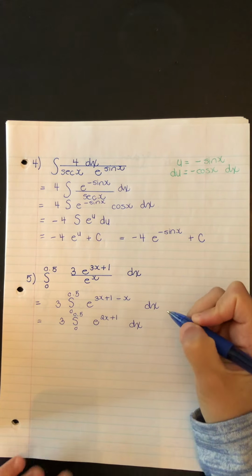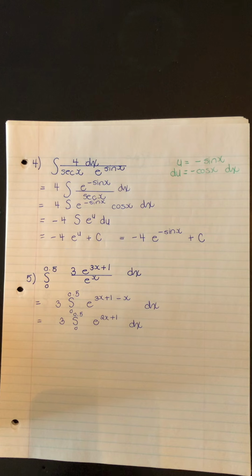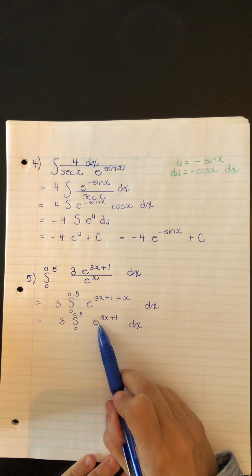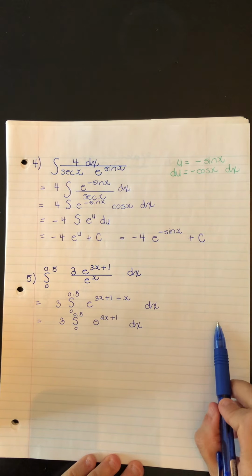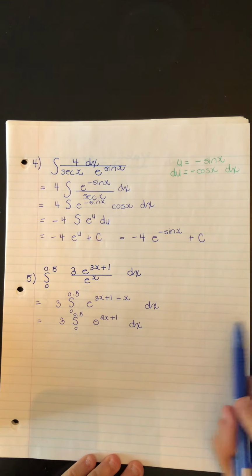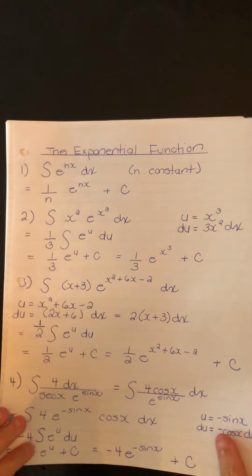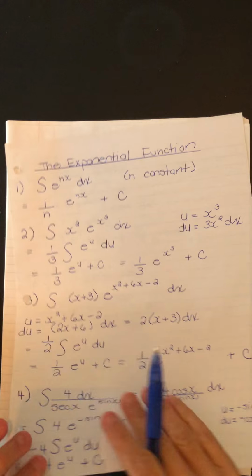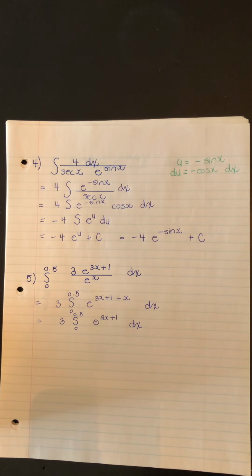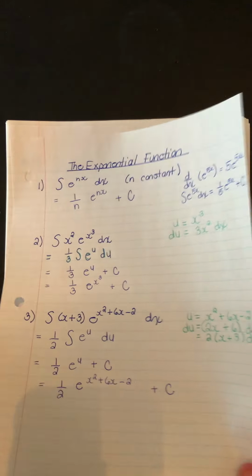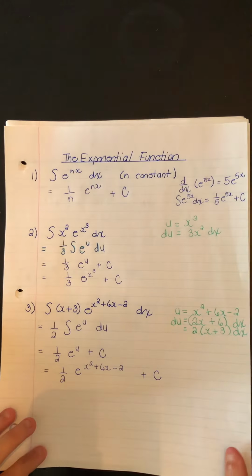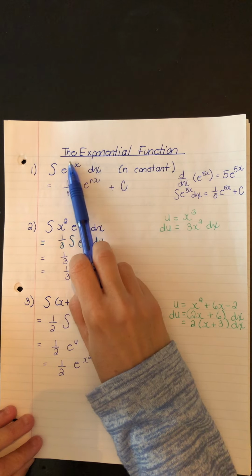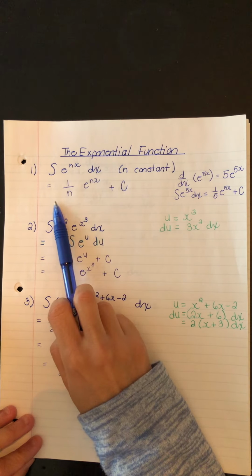Okay, and now we're all set to continue. Now, we could say u is 2x plus 1 and continue along with that. However, we did see, oh wait, sorry, this is our sheet for today. However, we did see in question 1 that when the derivative is just a constant, we can simply go to